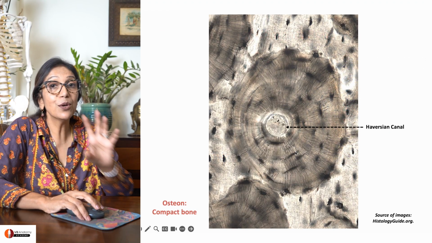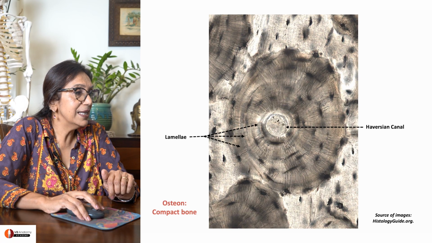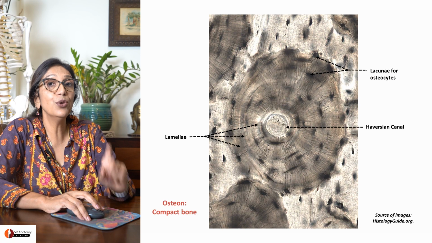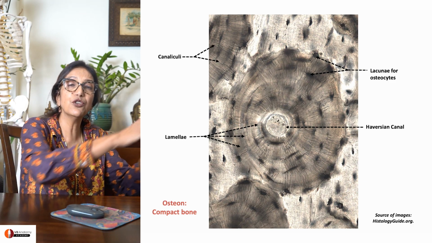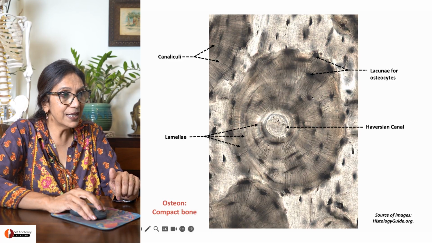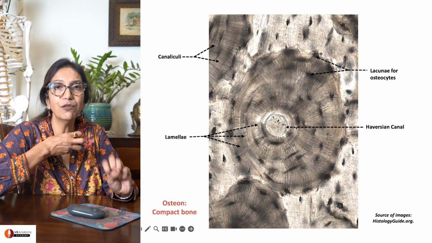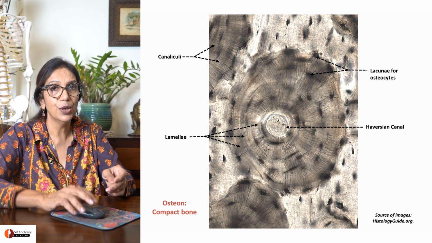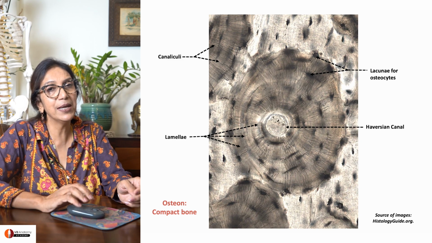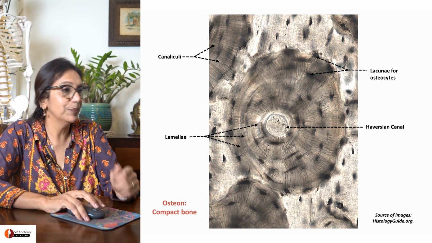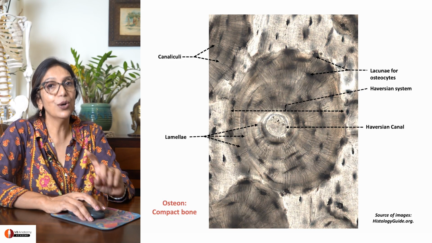Now, this is a microscopic real slide of a Haversian canal in the center. These are the lamellae. These are the lacunae containing osteocytes. And these are the canaliculi through which the nourishment is moving outwards. Did you see that there are just a few layers? Because nourishment is not powered by some kind of power behind it. It's just going to pass through. So there's a limit to how many layers it will be able to cross. So there's a limit to the number of lamellae around any Haversian canal. Right, so that's the Haversian system, also called an osteon.